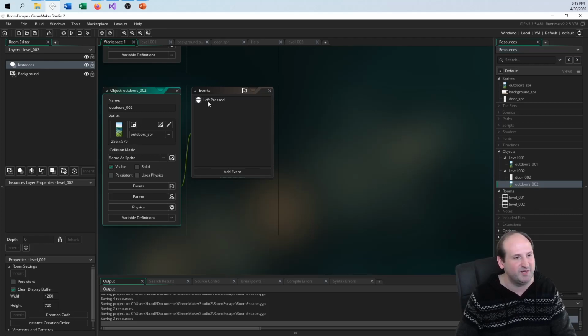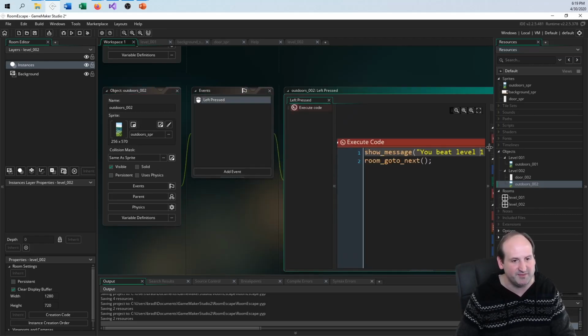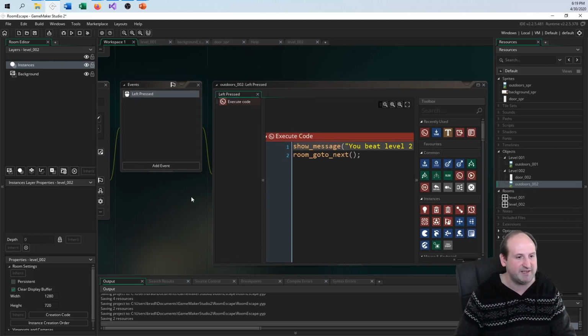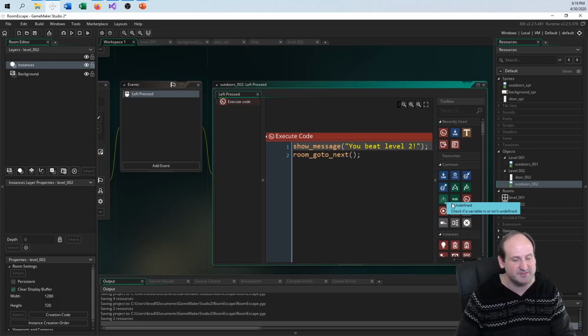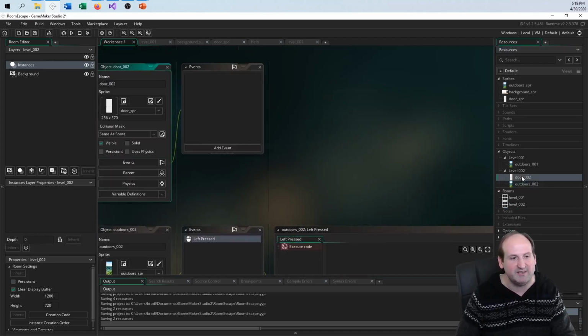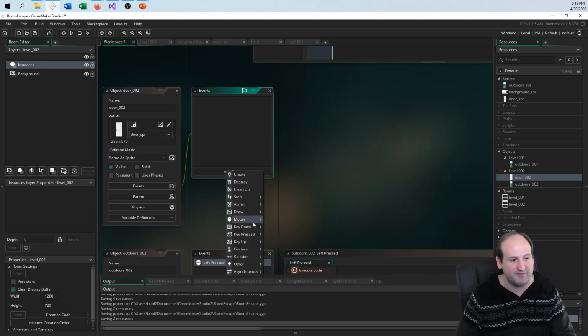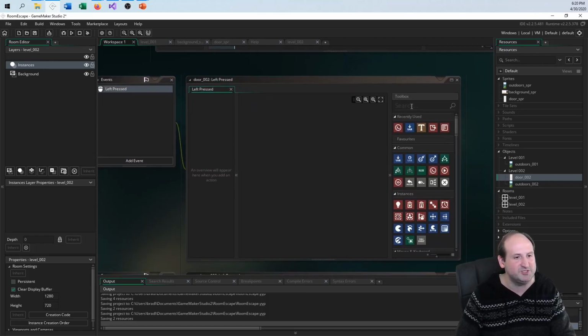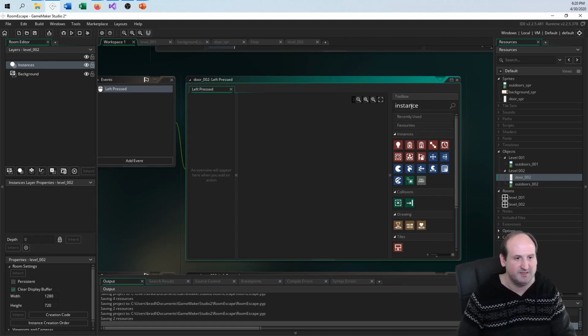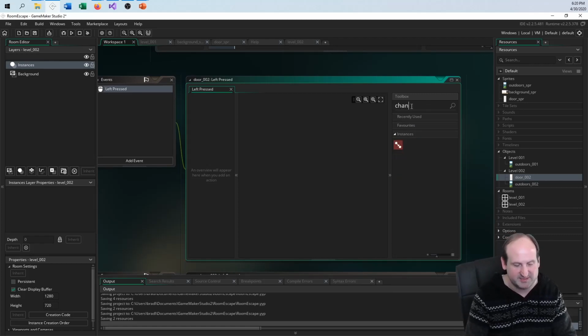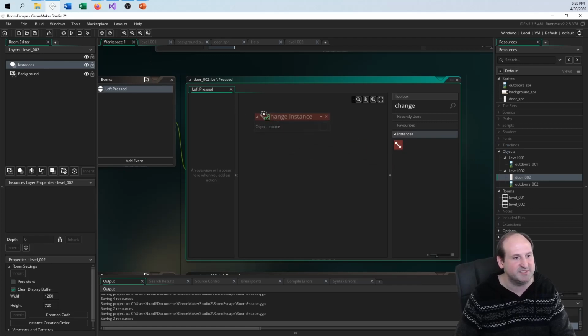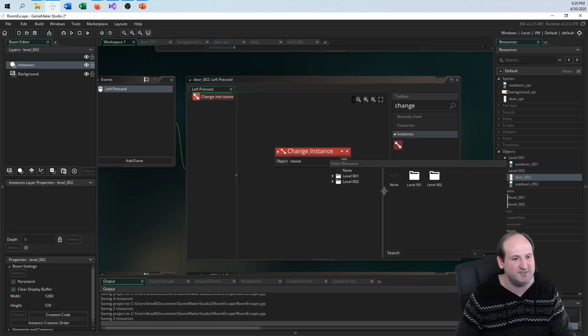And so just to go in, if I press left press, you go, oh, I beat level 2. We got to put 2 this time. And factorial still works. 2 factorial is 2. And door 002, when I left press on it, mouse left pressed, all I want to do is change the door. And I'm not doing any sound effects or anything right now, but I'm just going to say change instance into